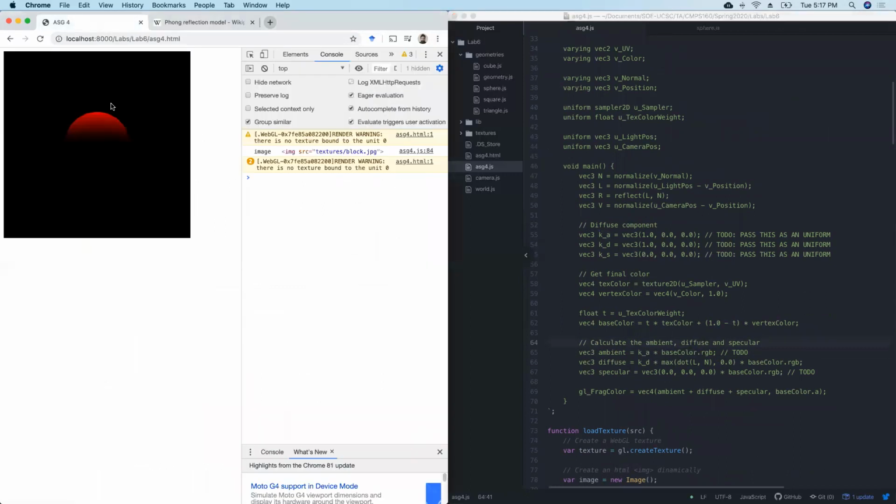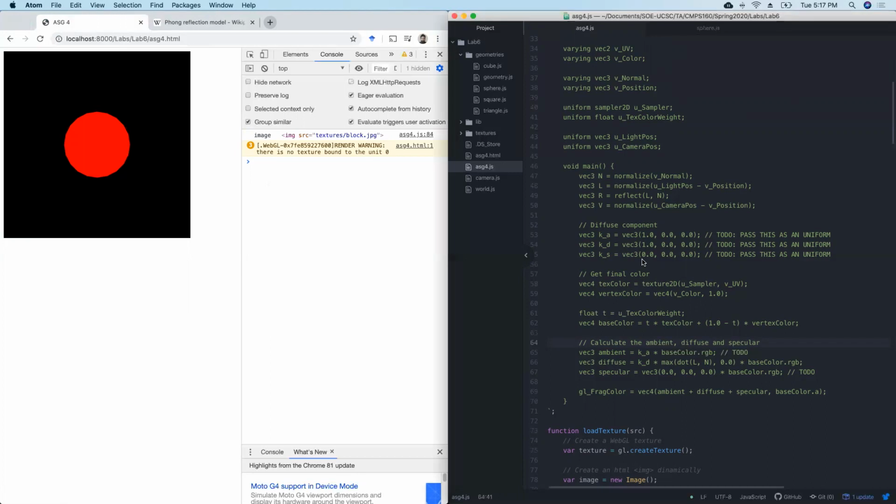So if you do that, I just want to show how the ambient looks. See that now we got the whole thing red. But that's because the Ka here is at full intensity. Kd is also full intensity. So we get this full bright red. But if we decrease the Ka to, let's say, 0.5, see that now you get the top brighter and the bottom with less intensity. If I put 0.25, I see a little bit of red here, but the